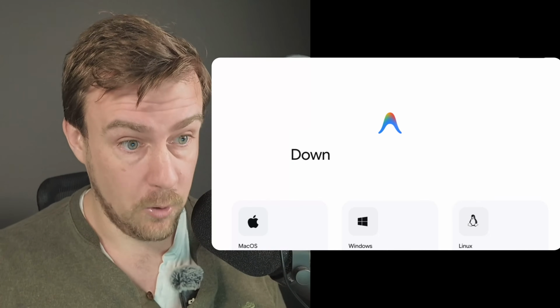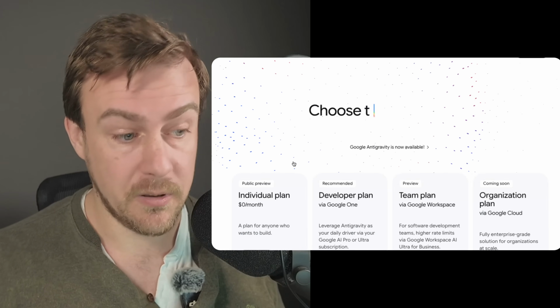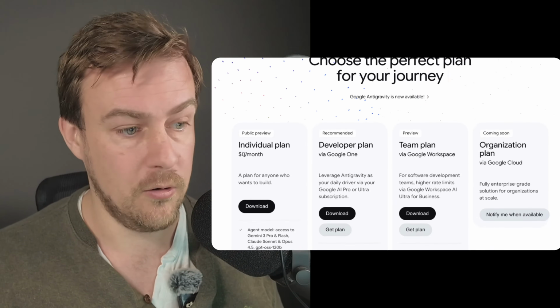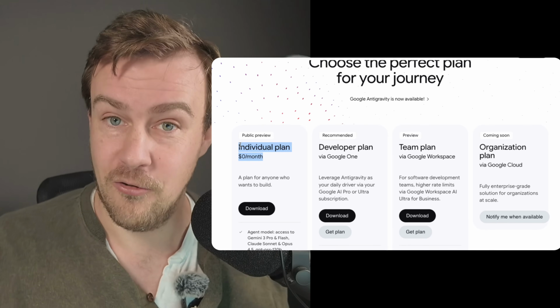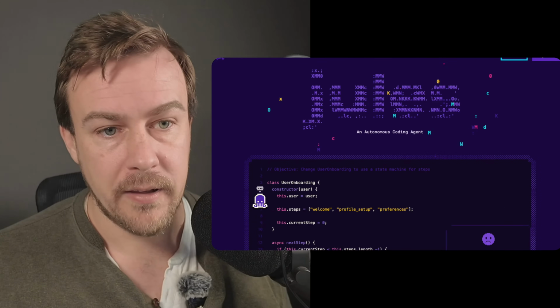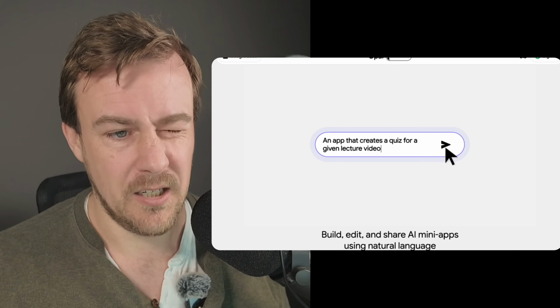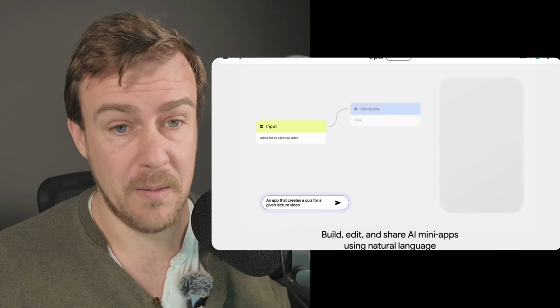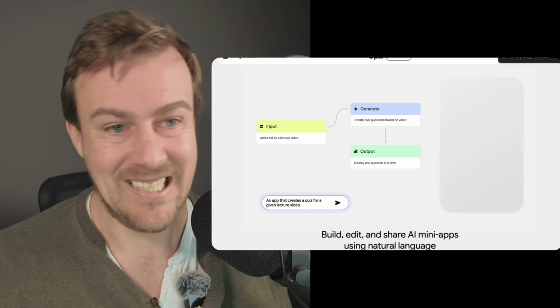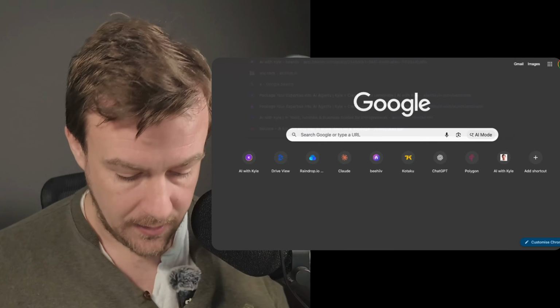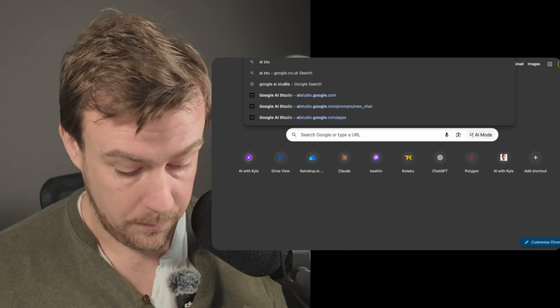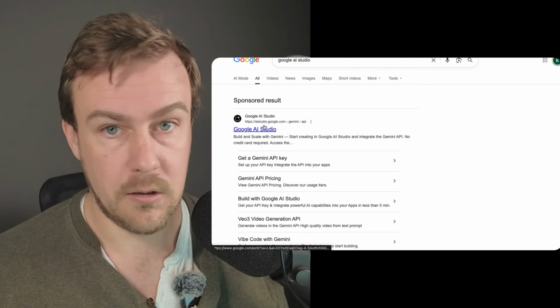But if you want to save some money, Anti-Gravity is great because it is the wonderful price of free. So that's a very good reason. Jules, I played around with, never really used. Opal, I wasn't particularly impressed with. I was in a group of people who were asked to experiment with it, and I didn't really see the point of it. And Google AI Studio is fantastic, but if you do not,